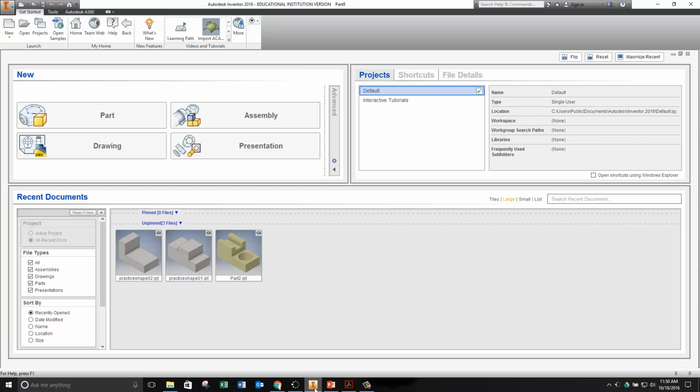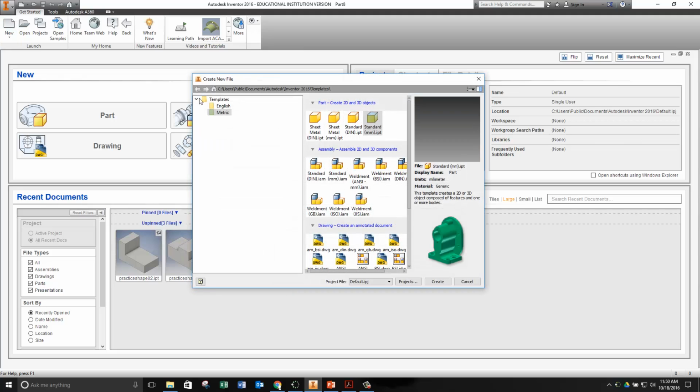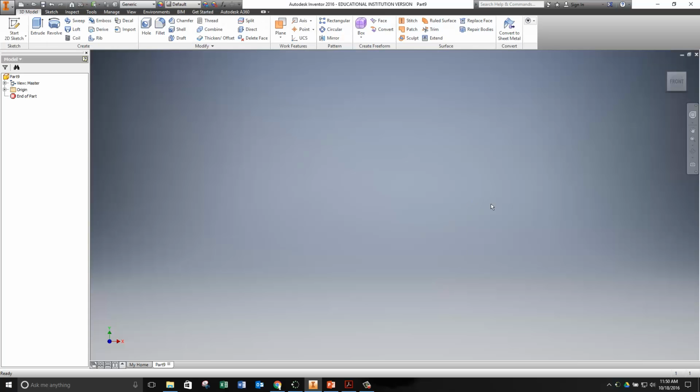In Inventor, I'm going to click on New up here in the corner, not here, but up here. It'll let me choose a template. And I want to choose metric, and over here under parts I want to choose standard IPT, and notice it's millimeters. That's telling us that the base unit is in millimeters. So I choose that one and click Create. And the rest of Inventor is going to look the same and operate the same, but now